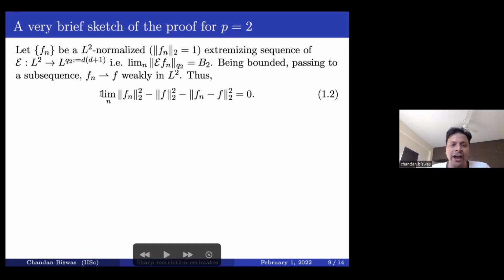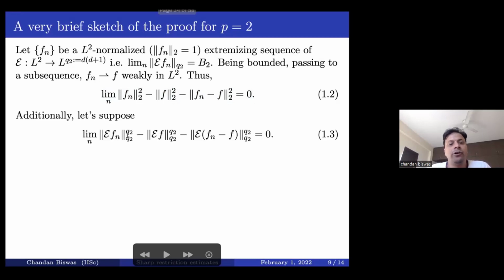Okay, so we already have this. Now, additionally, let's suppose that we also have the same thing on the physical side. So we also have the L^{q2} decoupling for the extension operator. So let's suppose that the limit as n goes to infinity of the q2-th power of the q2 norm of extension of Fn, minus the q2-th power of the q2 norm of extension of F, minus the extension operator applied to Fn minus F,